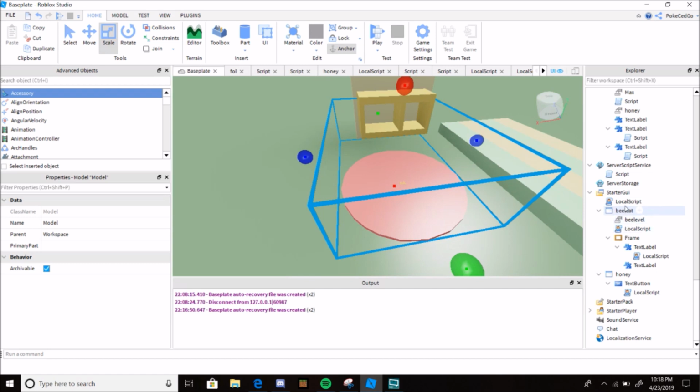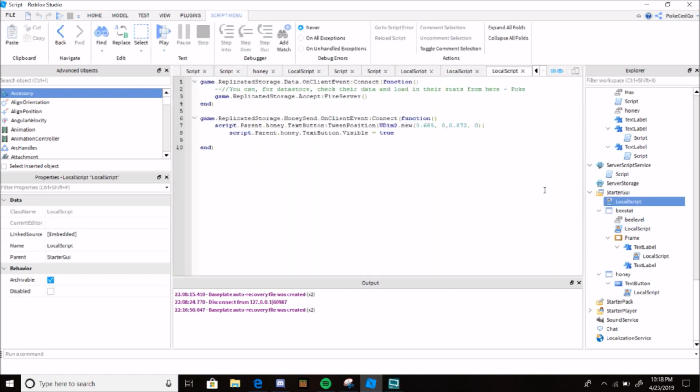Now we get to this stuff. So we got the data. It fires. I put a note here: you can use the data store system to load in their stats and bee and everything like that. Once they claim it, I fire another remote event called accept. When I fire the accept remote event, it loads in the bee itself, and instead of a backpack, I made a miniature global GUI in the head. It'll just display 0 out of 10, I think,